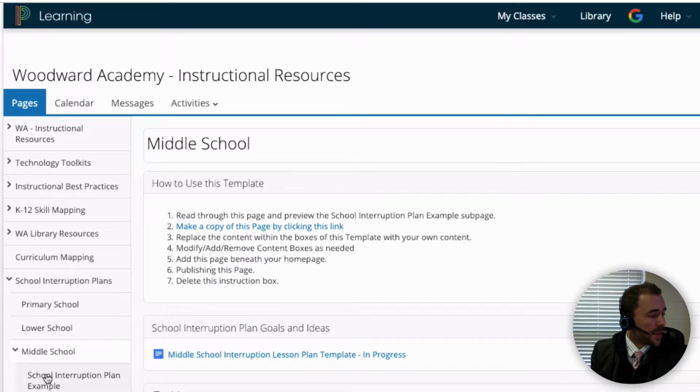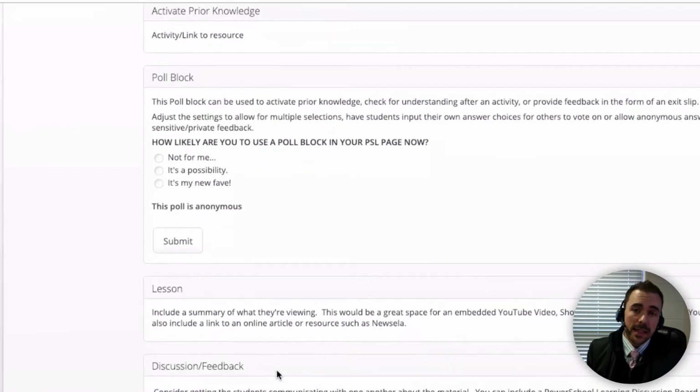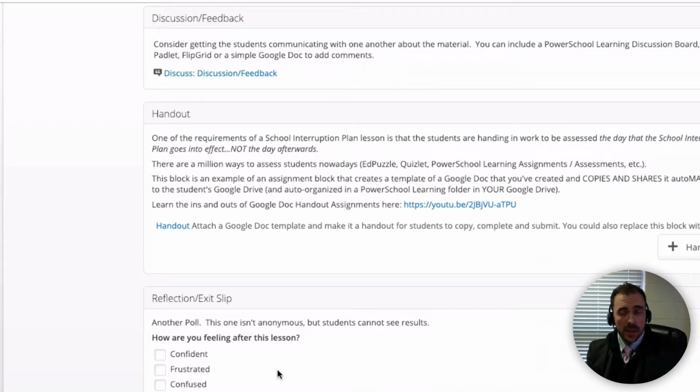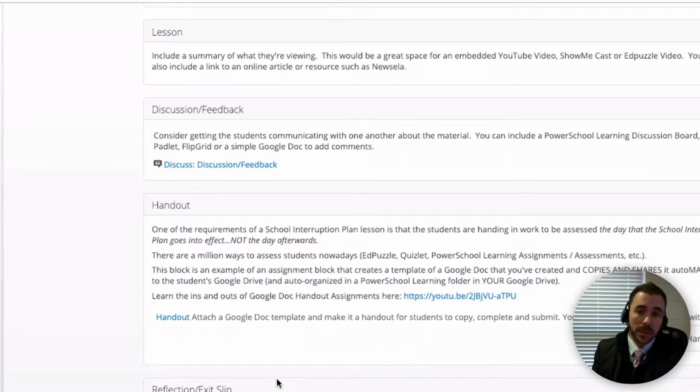along with a subpage. This subpage is an example of the template. After reading through and looking at the template, if you want to see an example that I quickly put together using the template, go ahead and take a look at that example. Now, to use this template, all you'll need to do is make a copy of this page, and I'll show you how to do that, and then just replace the content in these boxes with your own content. You can add, modify, and remove boxes as you see fit depending upon the